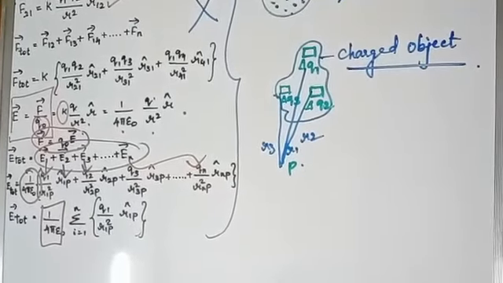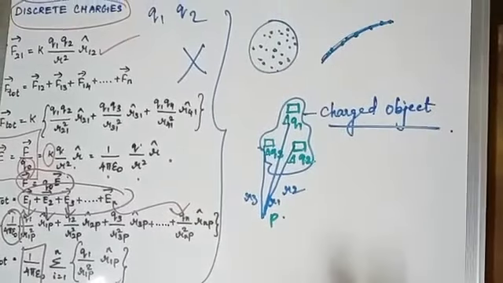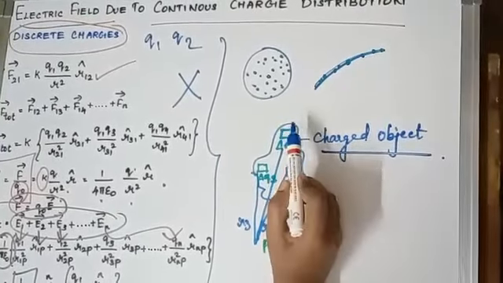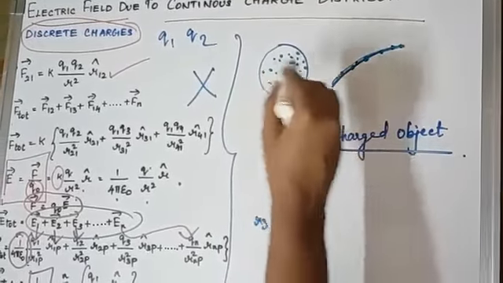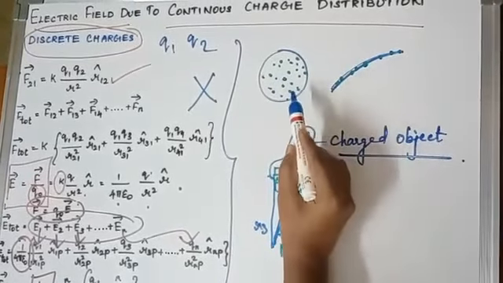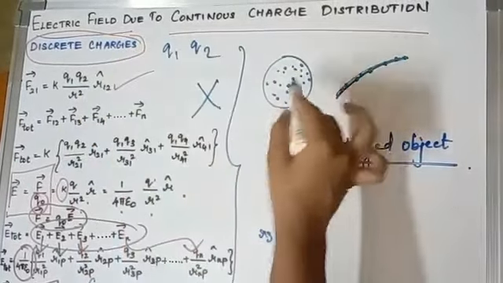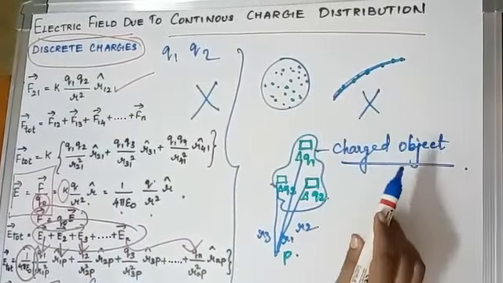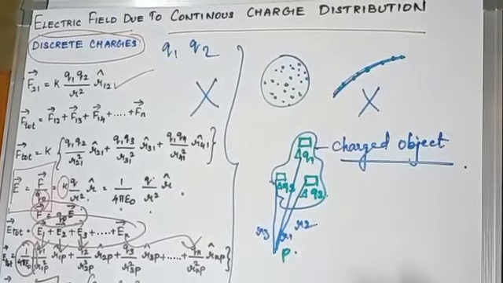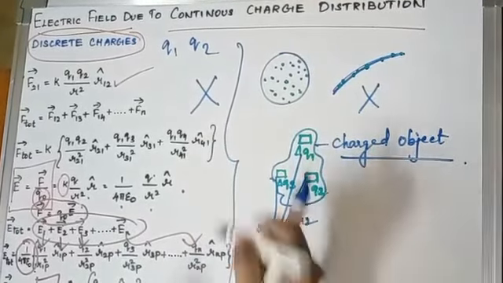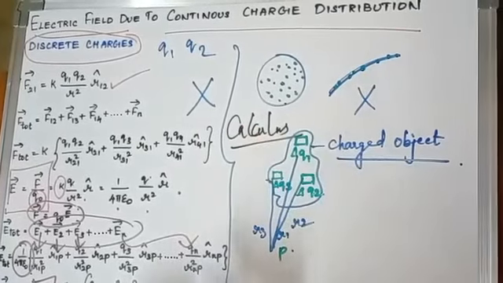While dealing with the electric field due to a charged sphere or a charged wire, it is very difficult to look at the individual charges in these charged bodies. Therefore, it is assumed that the charge is distributed continuously on the charged bodies and the discrete nature of these charges is not considered here. The electric field due to such a continuous charge distribution is found by invoking the method of calculus. So here we are going to use calculus.